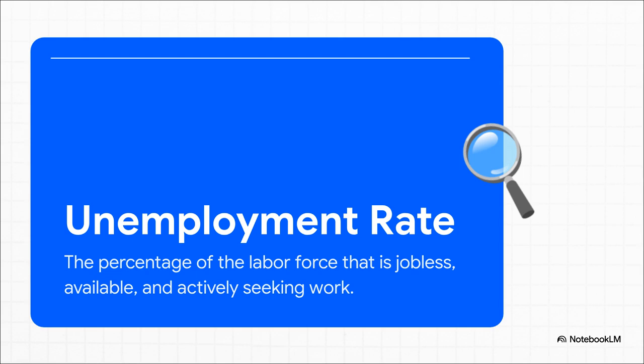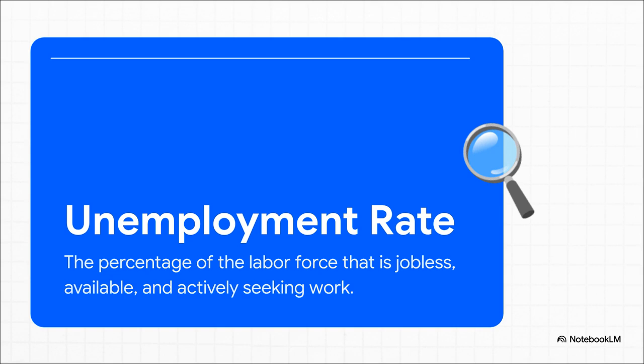And the third key gauge is the unemployment rate. This one tells us how many people who want to work just can't find a job. Now, the definition here is super specific. To be counted as unemployed, you have to be actively looking for a job. This gives us a really good sense of how well the economy is actually using the people who are ready